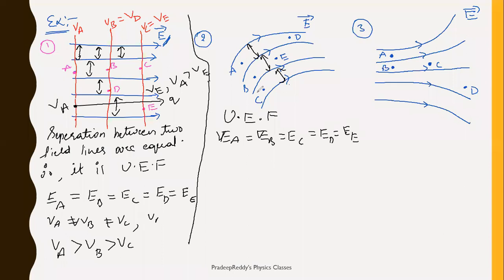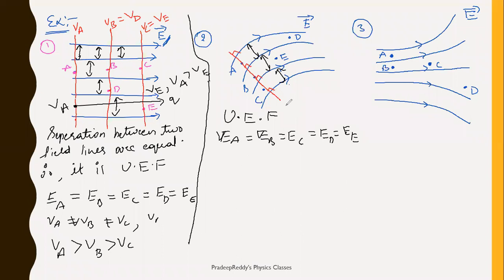The field is equal because this is a uniform electric field. The field is always equal throughout these lines, anywhere it can be. Now you should comment about potentials. So in order to find out the potentials, what will you do? You will draw a perpendicular line crossing through all the field lines. So I'll draw a perpendicular line. Now this is a perpendicular line, right? It is perpendicular to the first line, second line, third line and fourth line. The potential line which you are plotting should always be perpendicular to all the field lines.